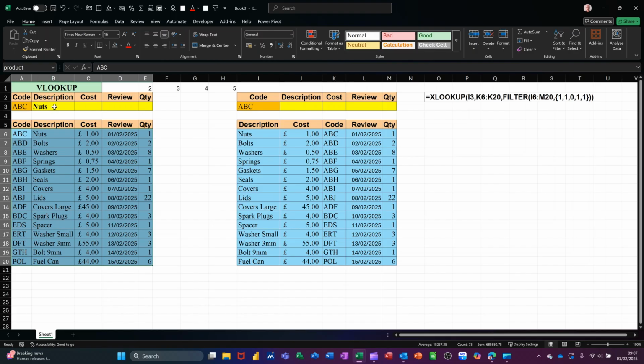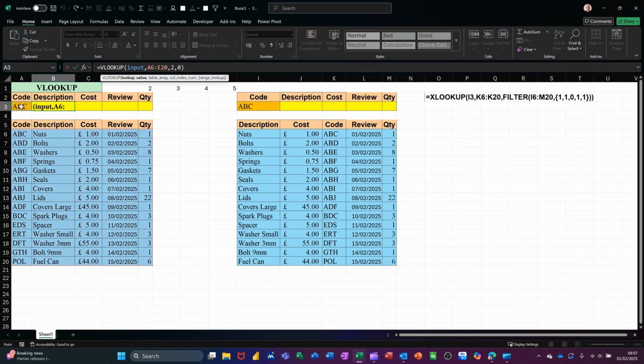So now if I change this to, instead of A3, just highlighting that and clicking on that again, puts the word input in there. And if I highlight the range and then just highlight the table again, it'll put product in there. So now if I tick that, I can just pull this across,